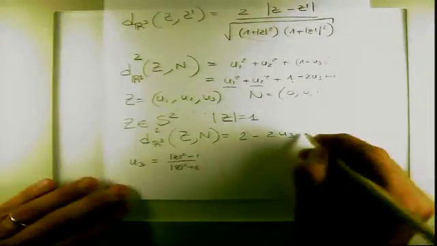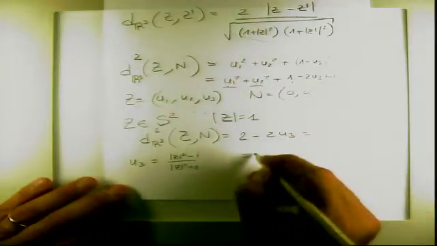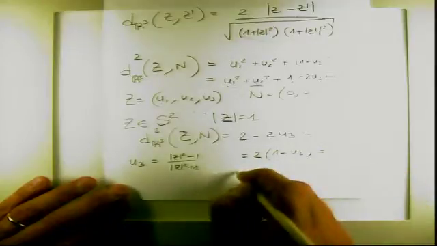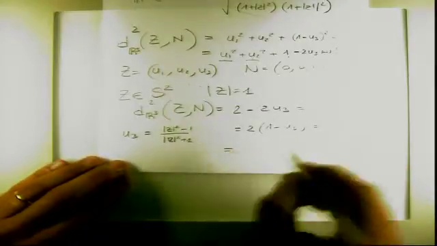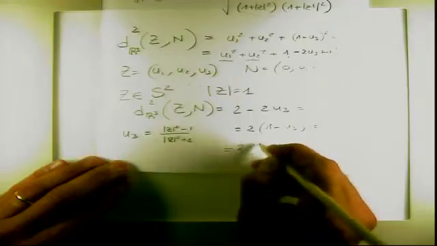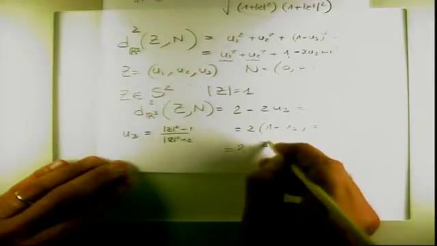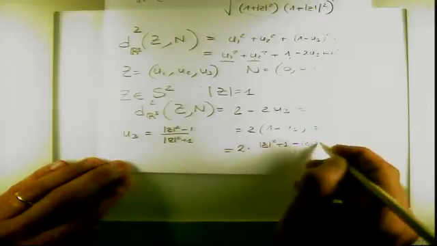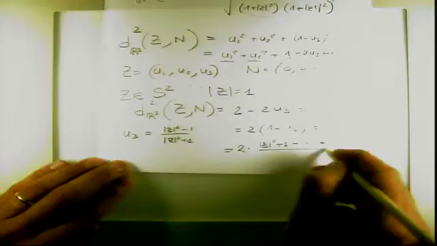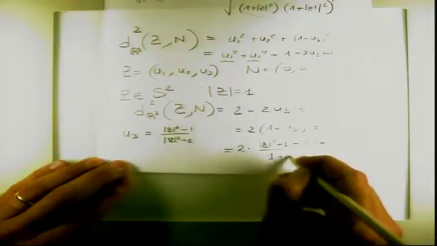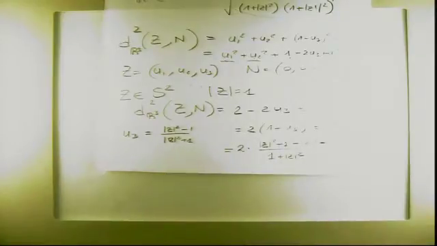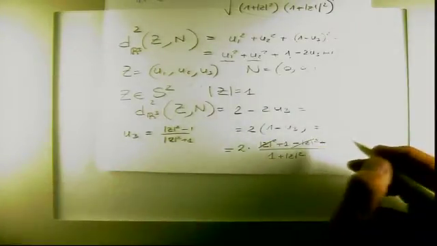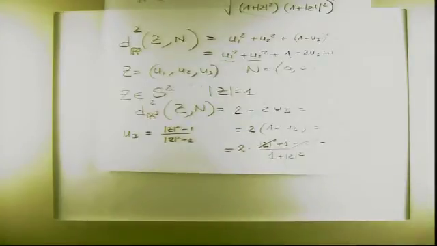And once again, we have that this is 1 minus u3, or 2 times modulus of z squared plus 1 minus modulus of z squared plus 1 over 1 plus modulus of z squared. This cancels this, and the final result